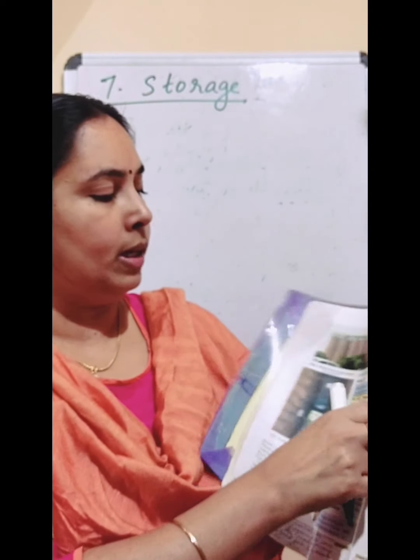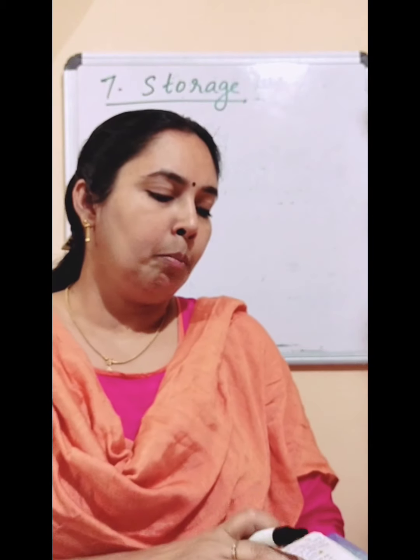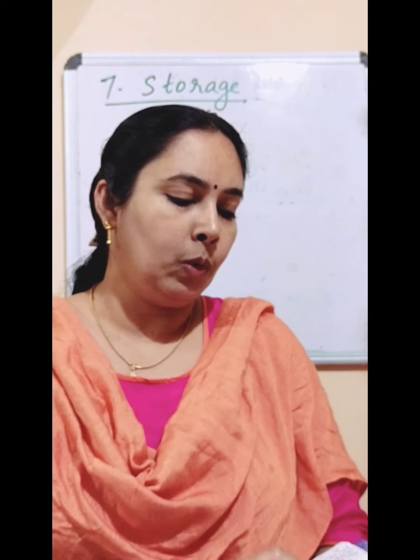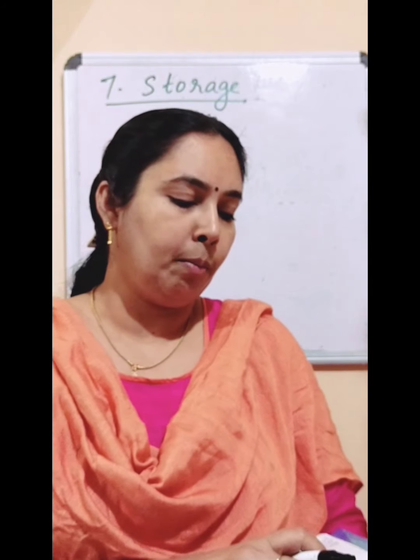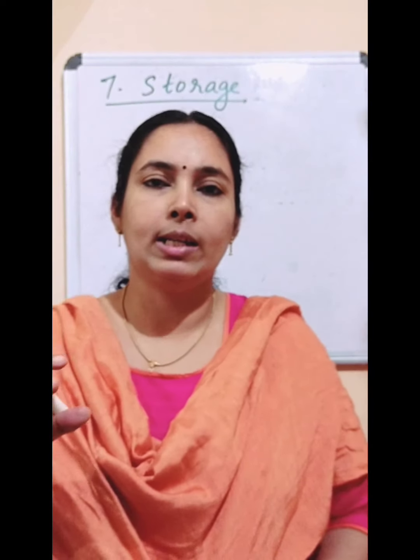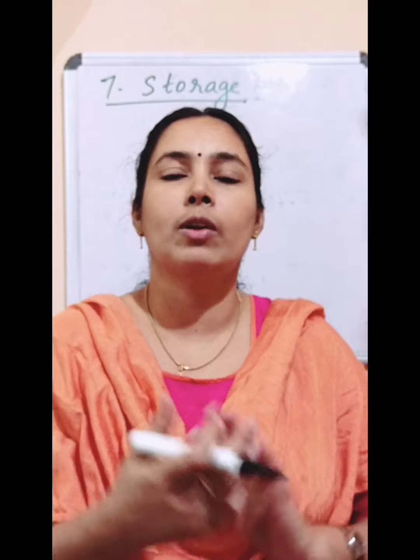And the next topic is food from animals. Here you can see one table in your textbook. In that table, what is written? Make the following table in your notebook and complete it. Food and sources. Milk you get from animals like cow, buffalo, etc. So you write the names of some other food items that you get from animals, and in the next box you write from which animals you get those food items.